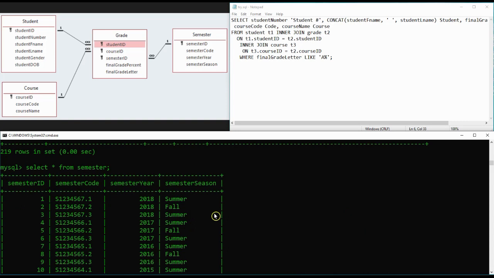Okay, so I just want to see the students who got an A or A plus in summer of 2018. So now the season comes from this column, which is in this table, and the year comes from this column in this table. So now I have to add this table in. So just go up where your from clause is and add the new table. Inner join